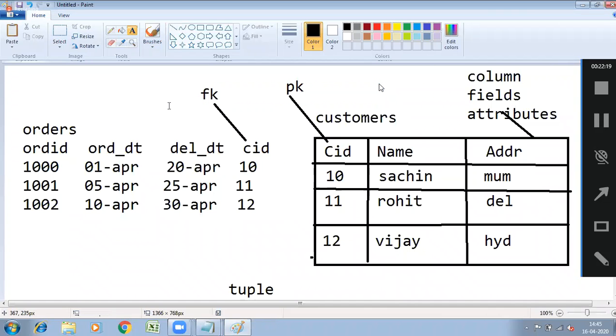A person belonging to some other country is called a foreigner. A foreign key is a key belonging to another table. This customer ID does not actually belong to the orders table; it belongs to the customer table. That's why in the orders table it is called a foreign key.